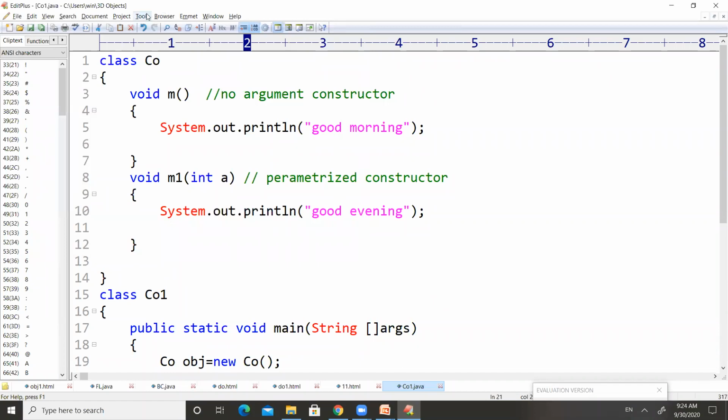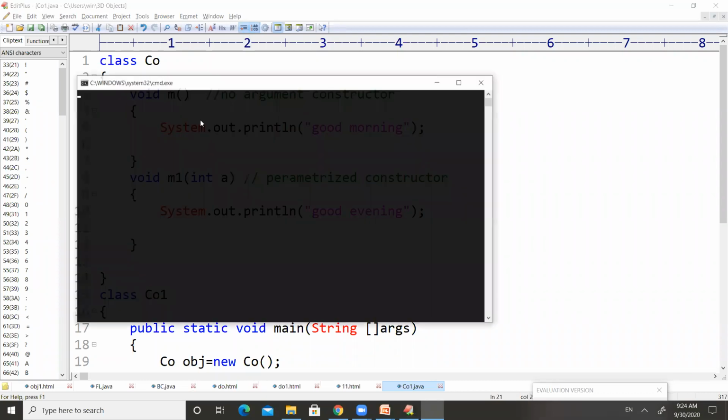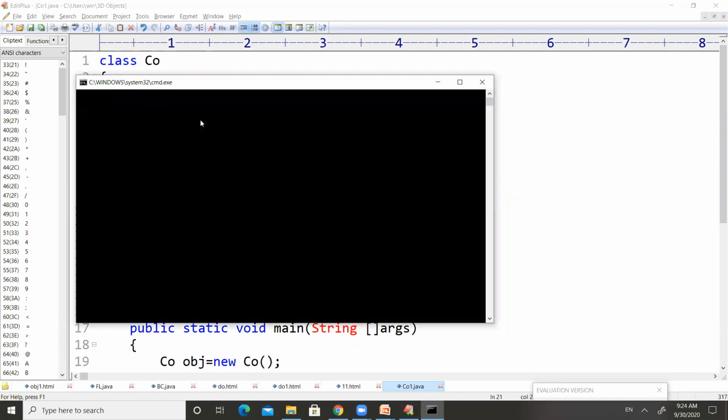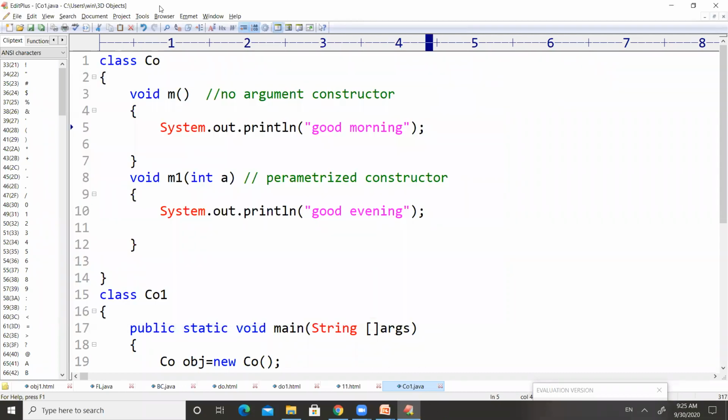Now, let us compile the program first. Just a second, it is taking more time for compiling. One second, it is not responding. I will compile it again.